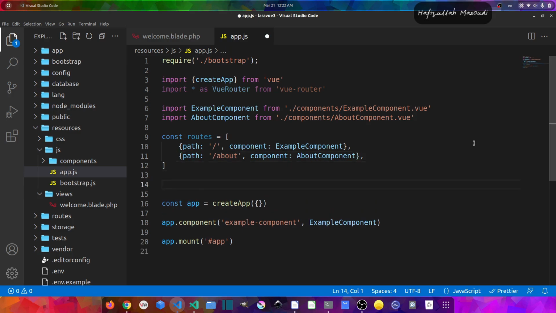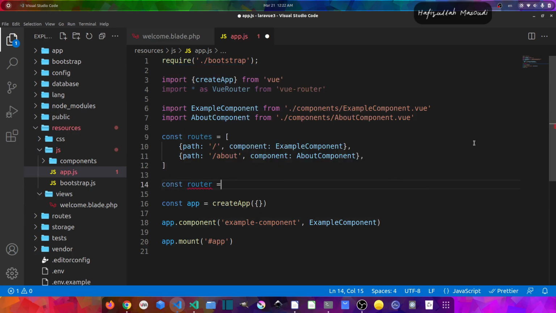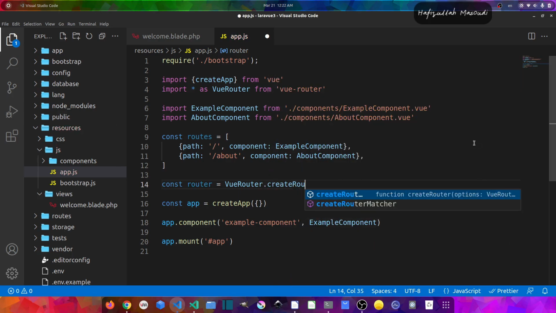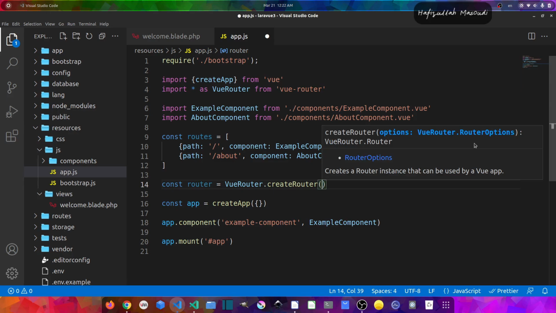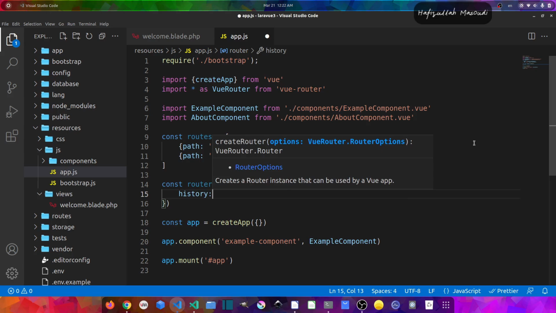So let's put enter here and let's say const router should equal to Vue router, and then dot create router, and then parenthesis and curly braces, and let's declare the history. Well, we want this router to be a web history because we don't want the hashtag in the URL. So let's say Vue router